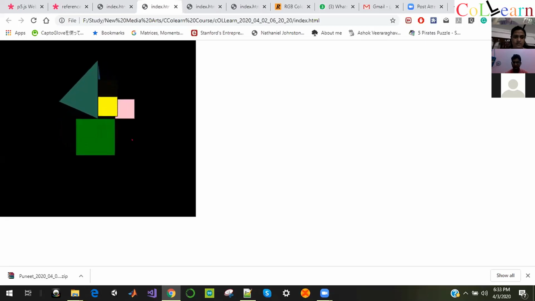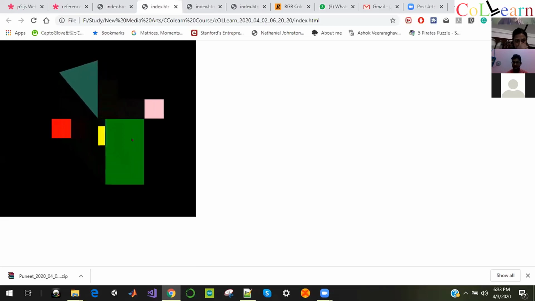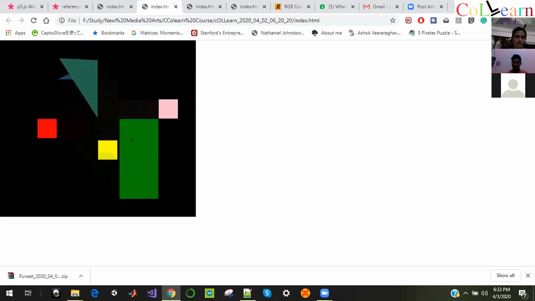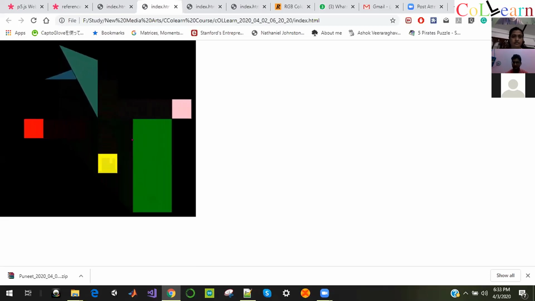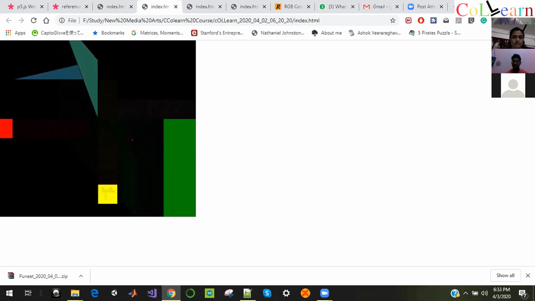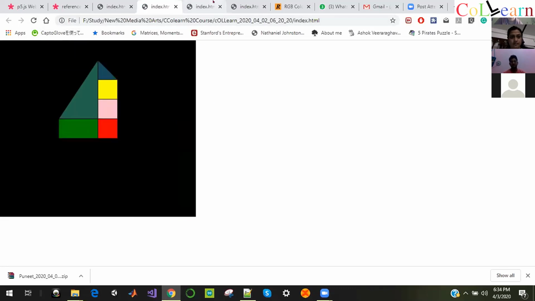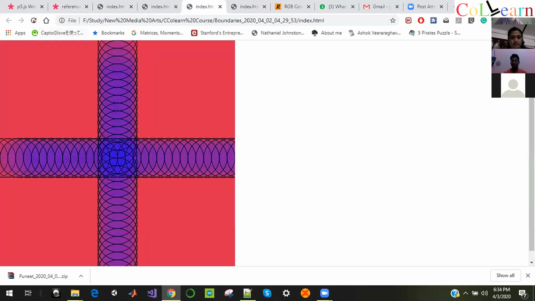Then what I do is I just increment t like we have done. For some squares I have given plus t, and for some squares I have given minus t in the x direction, so it looks like it is blasting. So you can show different things like this.